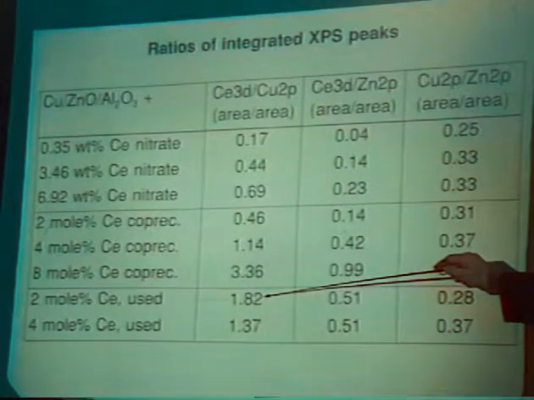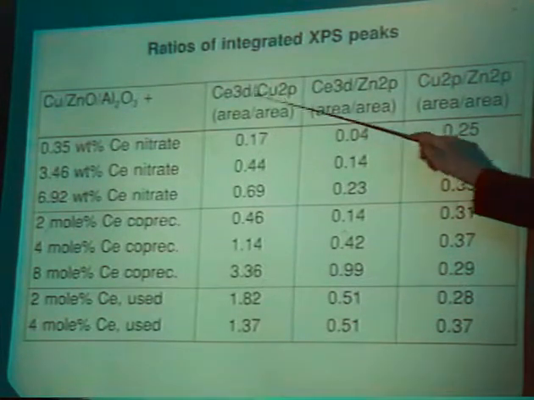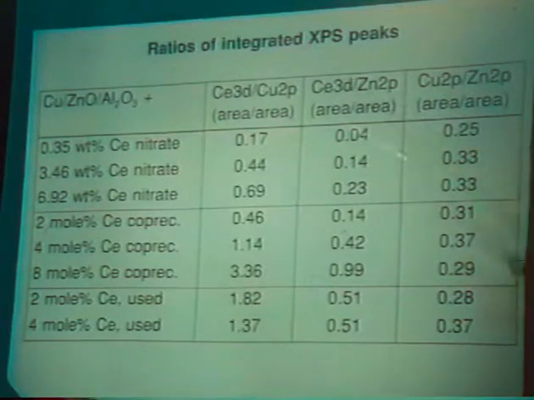In other words, something with 2% has a surface concentration which is not all that far away from, let's say, 6 mole % when it's prepared homogeneously. So there is, in fact, quite clear evidence for surface segregation of the cerium in these used catalysts. But it would appear also that the effect is the same for both the copper-cerium ratios and the zinc-cerium ratios, that the amount of cerium seems to go onto both the zinc and the copper, having an effect on both of these. The copper to zinc ratio remains relatively constant, implying that the cerium is sitting on both types of site. Now, again, that's rather speculative. I don't think we have enough results to prove that entirely, but it is an indication that that's the way